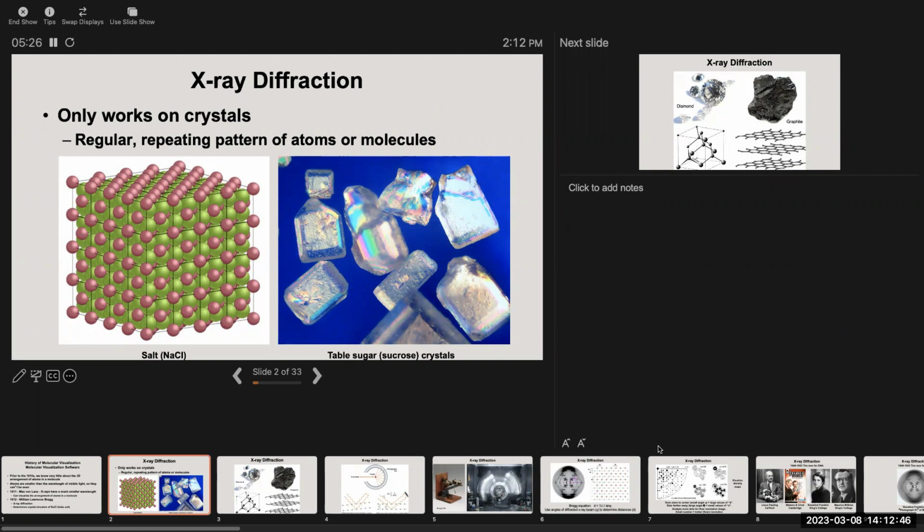X-ray diffraction is an amazing tool, and we'll talk about it for a while today, and then talk about how it's allowed us to solve the 3D structure of even some very complicated molecules. But one downside to X-ray diffraction is that in order for it to work, you have to be able to get the molecule to crystallize. And a crystal is just a repeating pattern of,